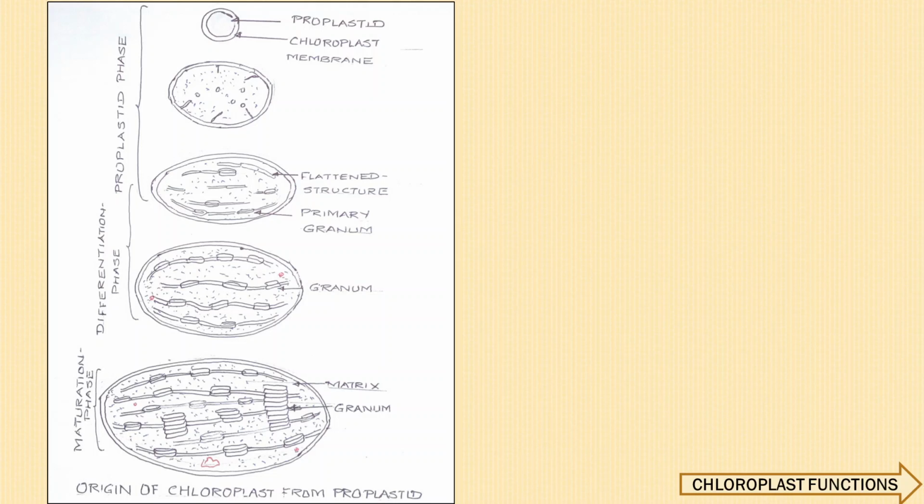Vesicles are pinched off from the inner membrane of the chloroplast. They arrange themselves parallel to each other and fuse together to form lamellae. At certain places, the vesicles arrange themselves in bundles of thylakoids to form a grana. Some thylakoids remain connected with each other by the stromal lamellae or frets in the mature chloroplast.